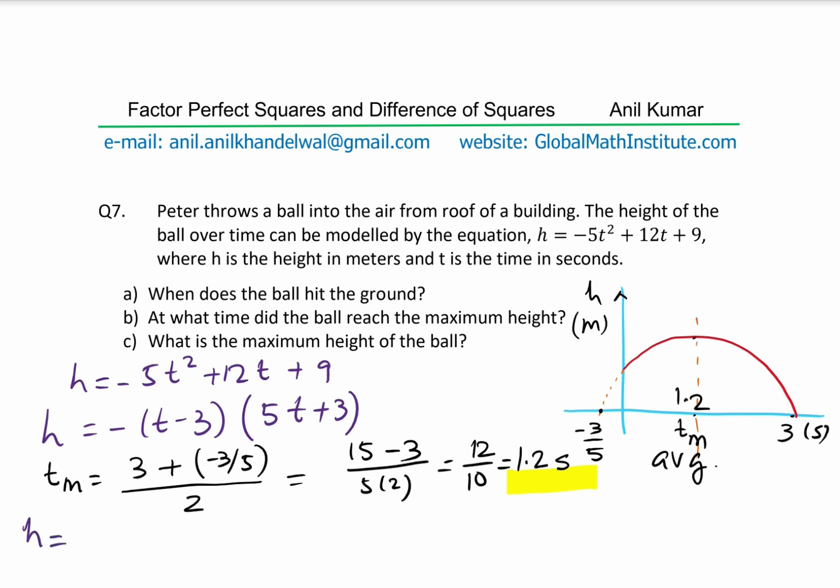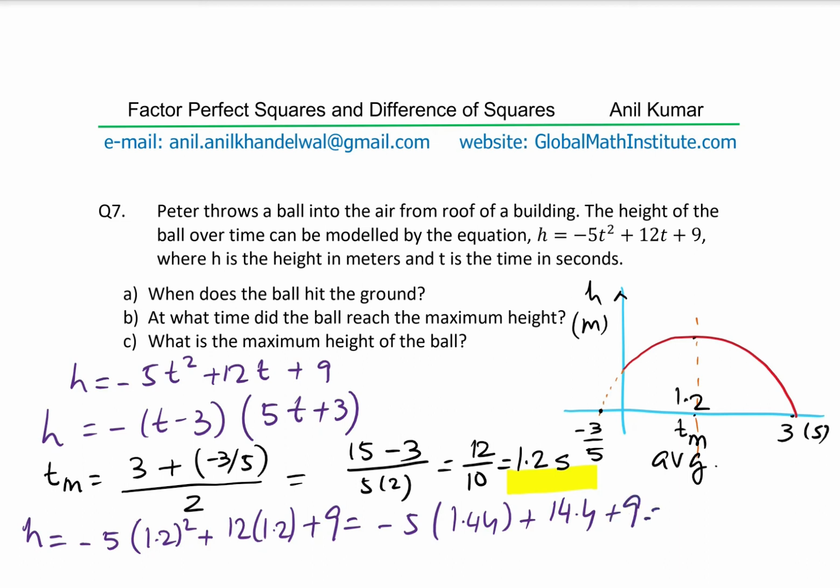So height is equal to, we can use 1.2 in our calculations. Let's use the original equation, which is minus 5 times 1.2 squared plus 12 times 1.2. You can actually use a calculator to figure this out. So minus 5 times 1.2 squared is 1.44, plus 12 times 1.2 is 14.4, and that's what you get. So let's multiply, and with minus 5, 5 times 4 is 20, 5 times 4 is